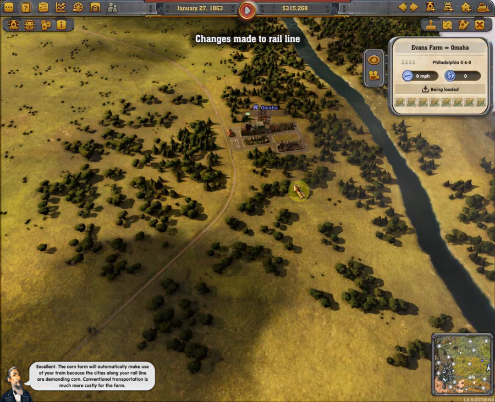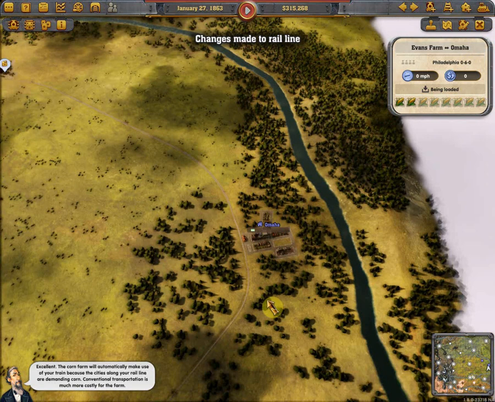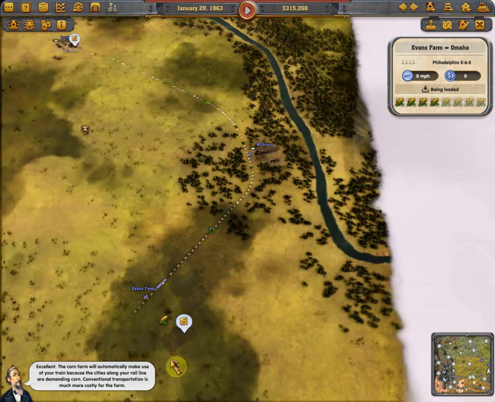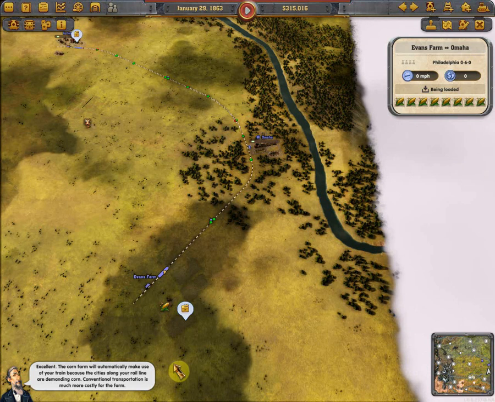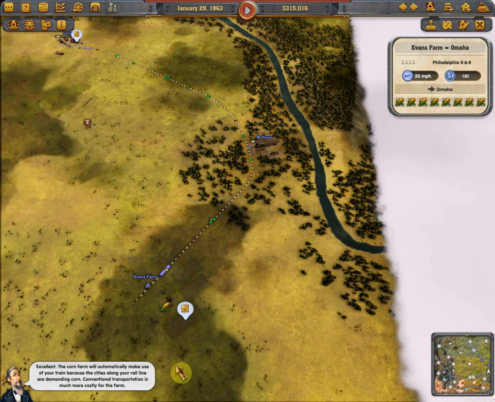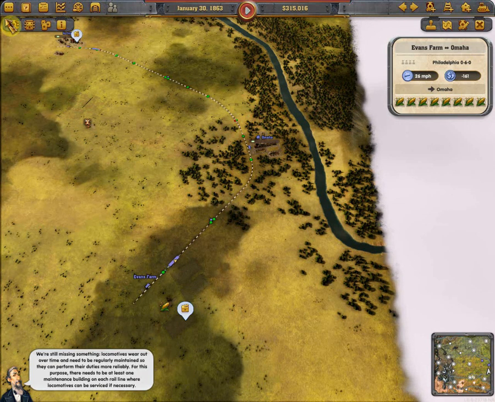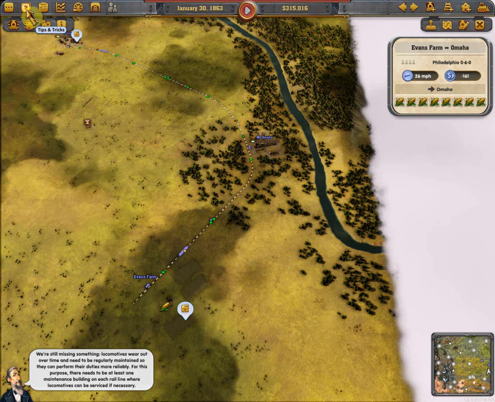Excellent. The corn farm will automatically make use of your train because the cities along your rail line are demanding corn. Conventional transportation is much more costly for the farm. We are still missing something. Locomotives wear out over time and need to be